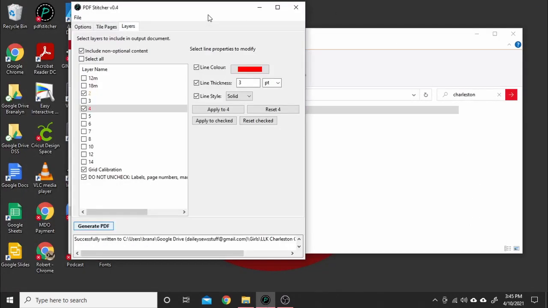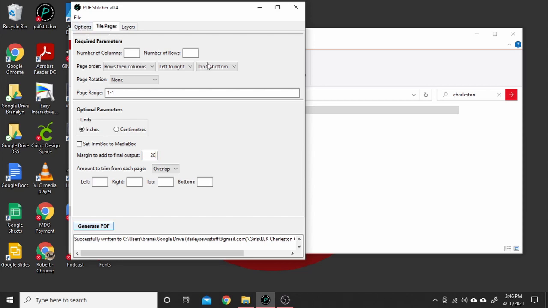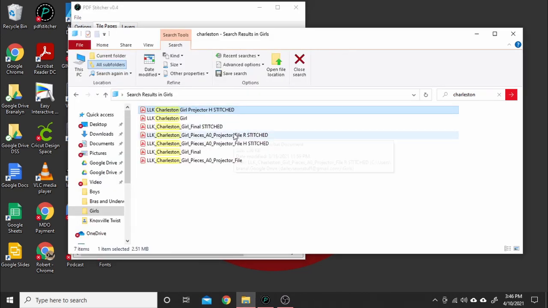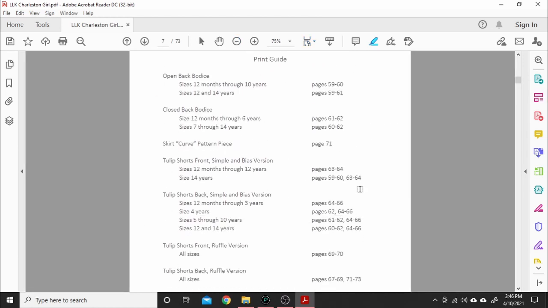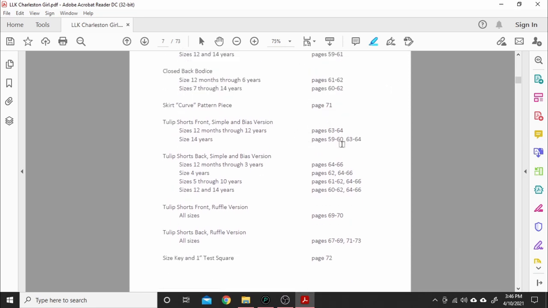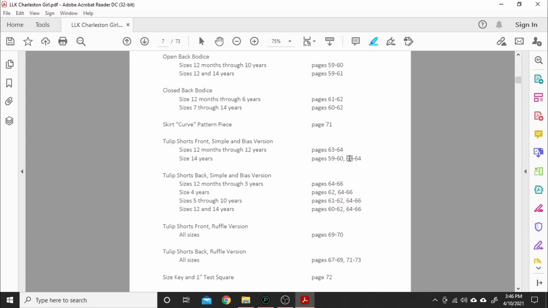Okay. So, awesome. We've gone through this new layers tab, that has such amazing things you can do with it. Just to kind of show you what the stitcher was originally designed to do, let's look at this over here. So we know we need sizes 2 and 4, and there's a print guide. Okay. We've got sizes 2 and 4. Now it's got all these different print guides, and when you're printing, this is super important, right? You don't want to